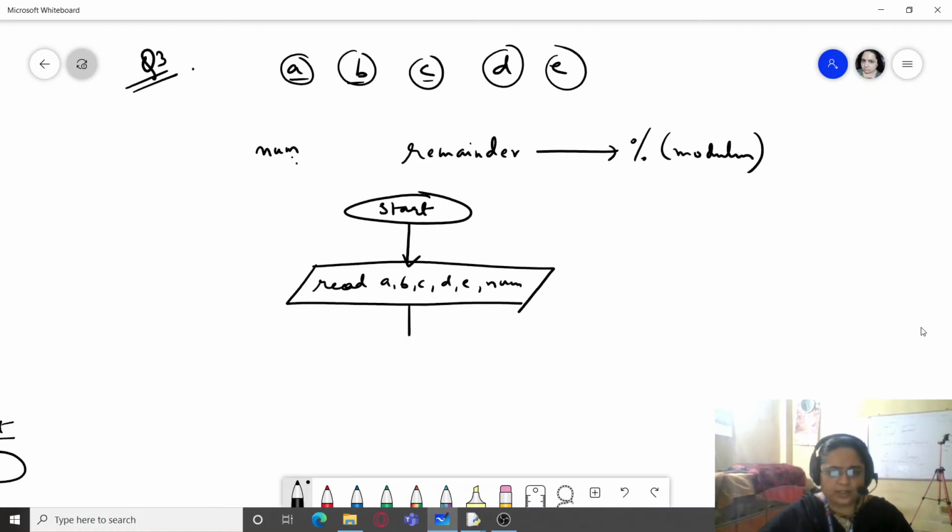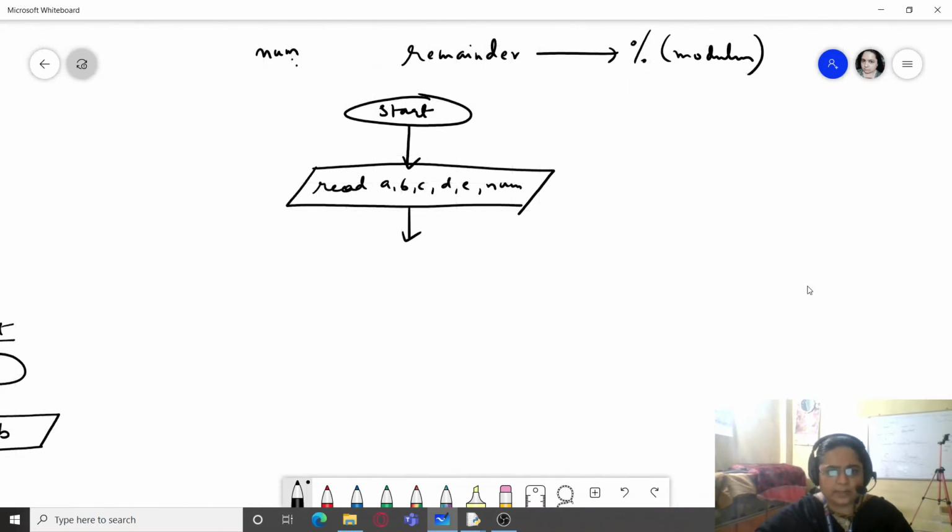If you want, you can give descriptive statements also over here, but for purposes of limited time, we are not doing that here. In your program, or in your flowchart, you can easily write read 5 numbers, read the number which is to be checked. So you can give descriptive statements in your program. Now we will simply jump to the decision tree.